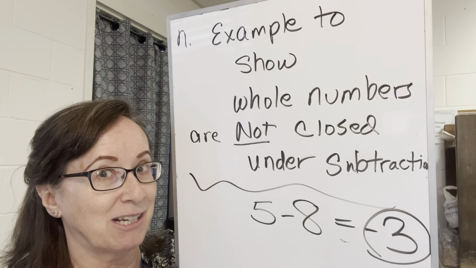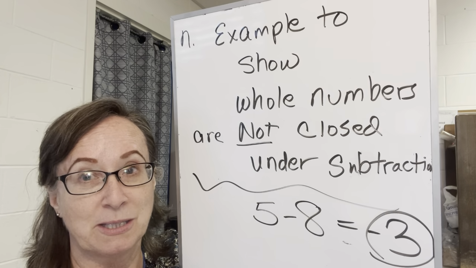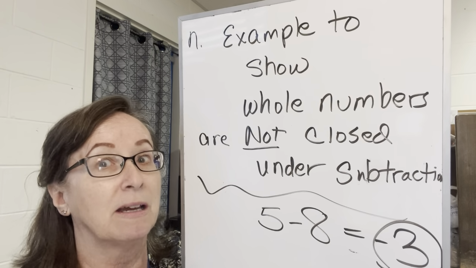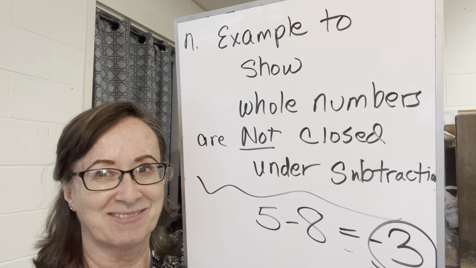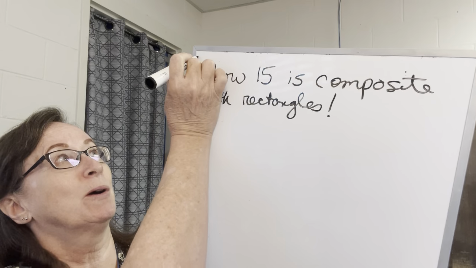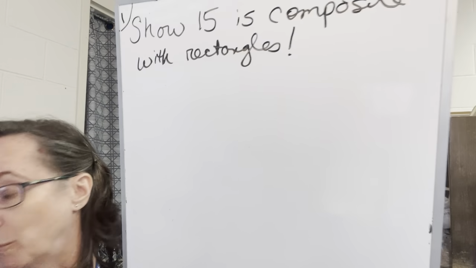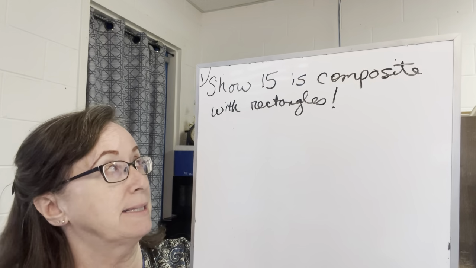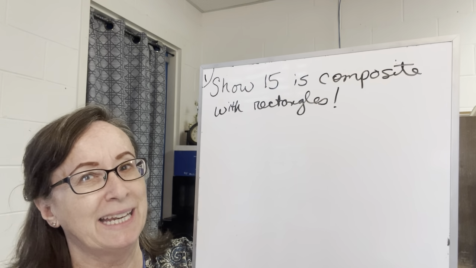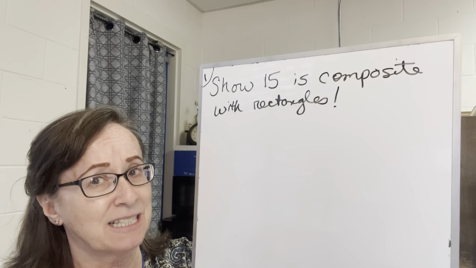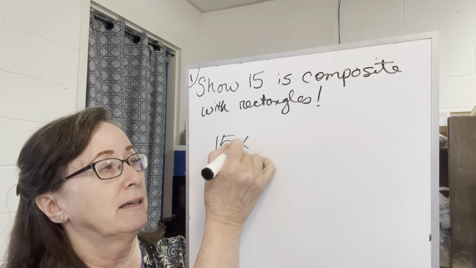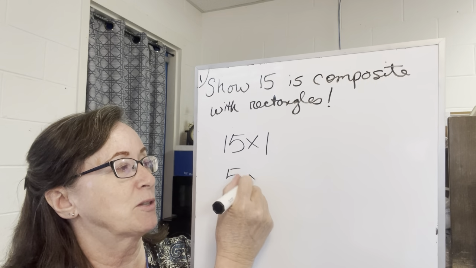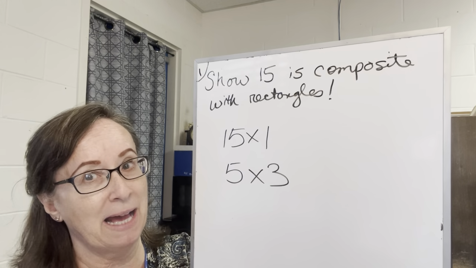Now we're going to start your actual written problems, so make sure that you are showing all of this and the next 5 or 6 problems on your little packets. All right, so this is problem number 1 in your written practice. Okay, so we're to show that 15 is composite with rectangles. So we know that any number that factors in 2 different ways is composite. So 15 times 1. Now, if that was the only way we could factor 15, that would be prime. But if we have 5 times 3 also, we say, okay, this is composite because there are 2 different ways